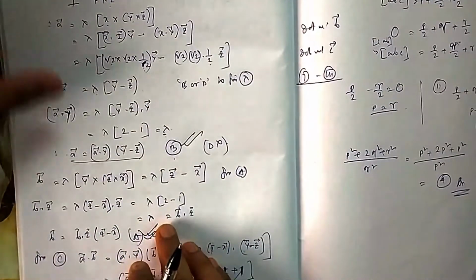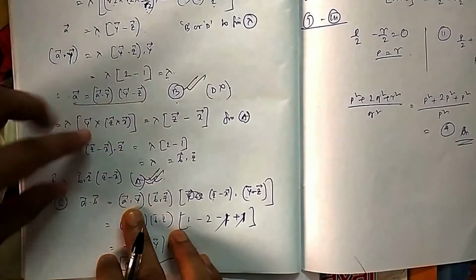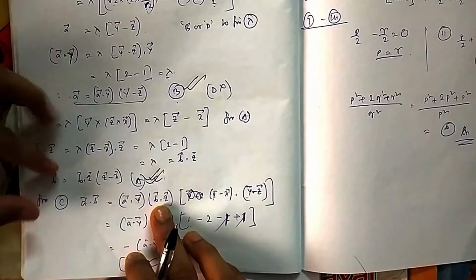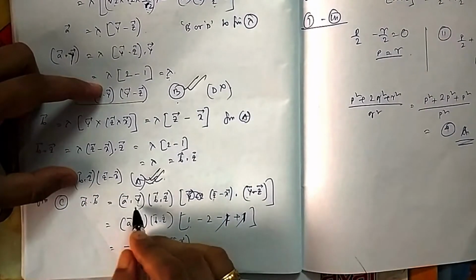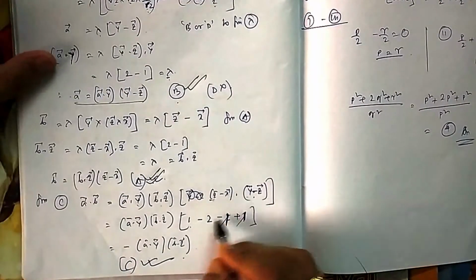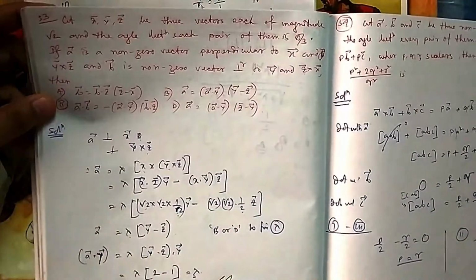Next, this is a different way, this is given A dot B. So you calculated your A, you calculated your B, dot these 2 and see what you are getting. If you dot these 2, because this is scalar, A dot Y, B dot Z, this is scalar, so this will be kept outside, and this dot this. If you do this one, it will come exactly same as C. So C is also correct. So 3 options are correct.